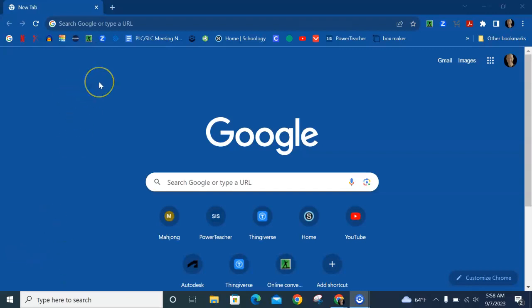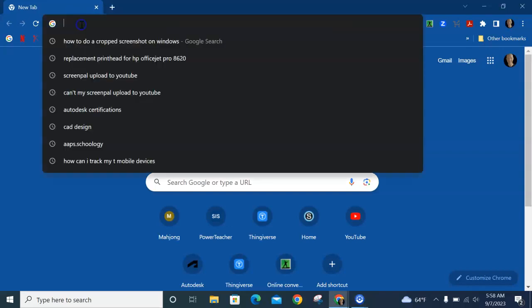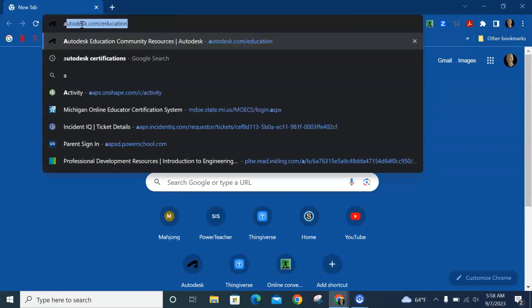In this video, I'm going to show you how to download and install Fusion 360 from Autodesk. Step 1, go to the address bar and type in